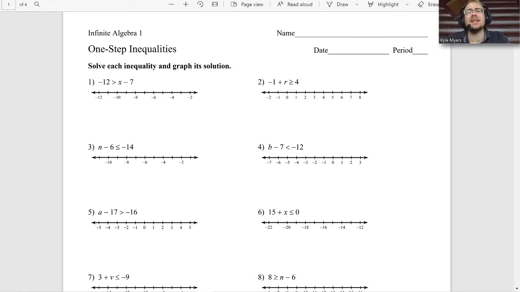So today is one step inequalities. We want to solve each inequality and graph its solution. So it's going to be really similar to what we did last time, and if you weren't around for last